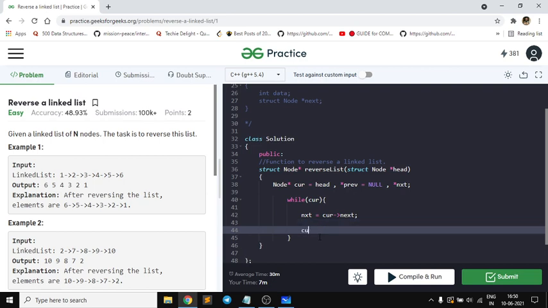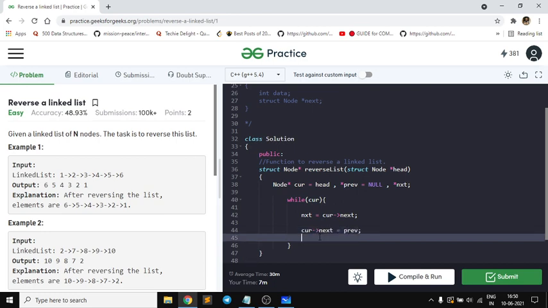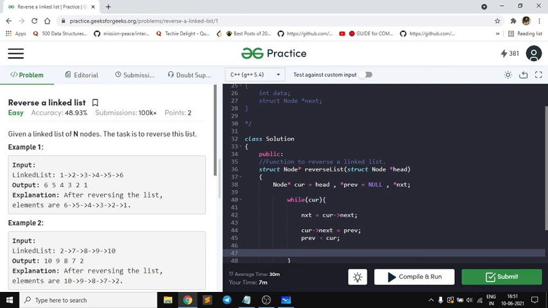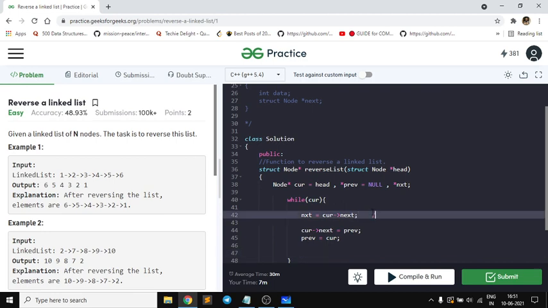Now the second step, I had to point current next equal to the previous one. Now the third step was previous will become equal to current, right? Because here our next is updated, here the link is updated, and here the previous is updated, correct?